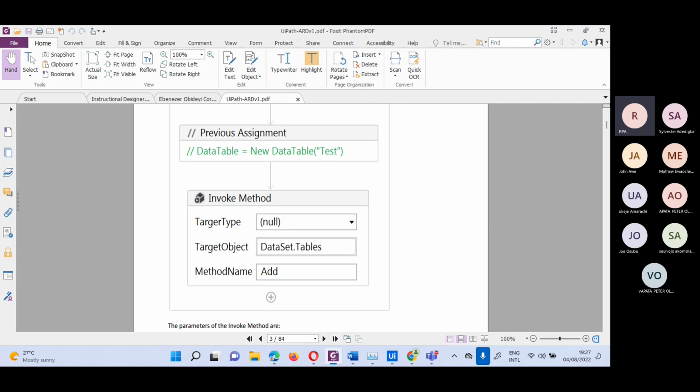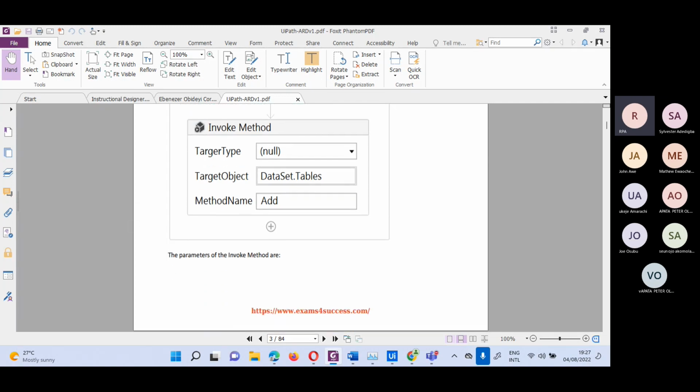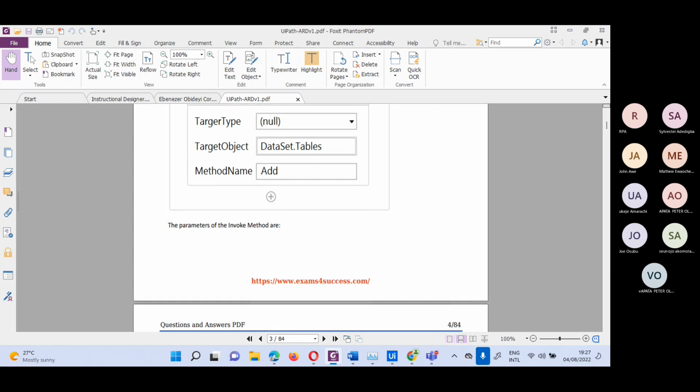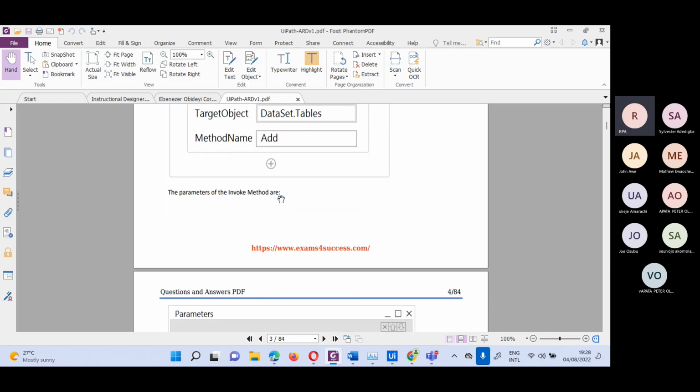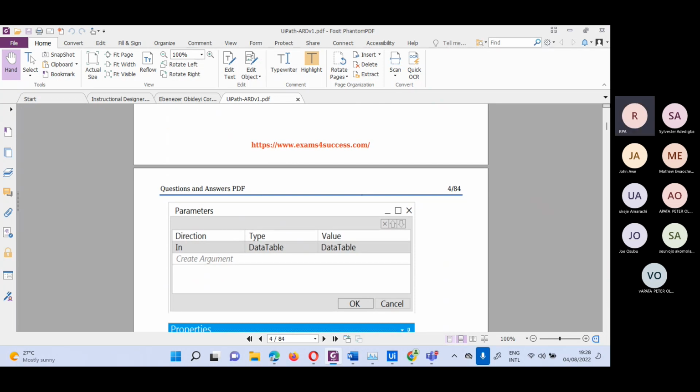This looks non-static, since the target object is the one picked, the method name had. Okay, parameters of the invoke method are these. What is taken in